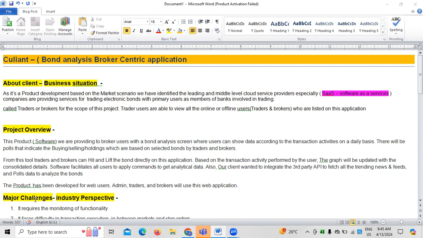Platform means cloud service providers will create a platform so that on that platform, application development will take place. The third one is software as a service. Software as a service means to develop any application or a product, you require different software. So software services is one of the cloud services which service providers are providing nowadays, because due to the cloud services, the advantage is that infrastructure cost will be very low.